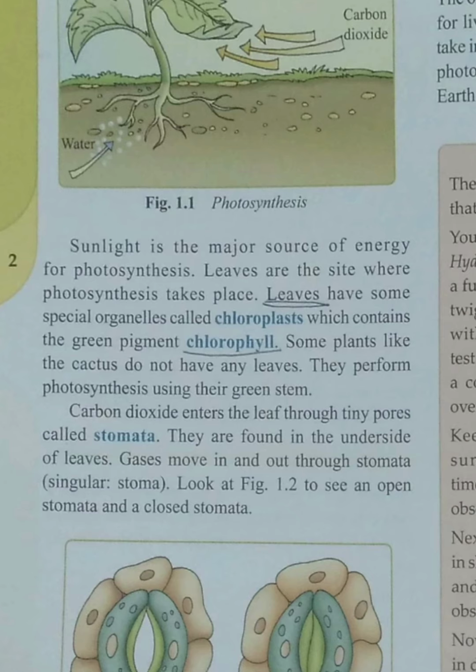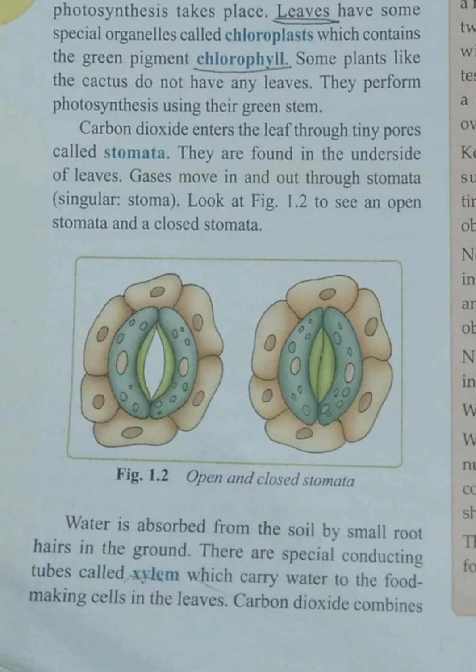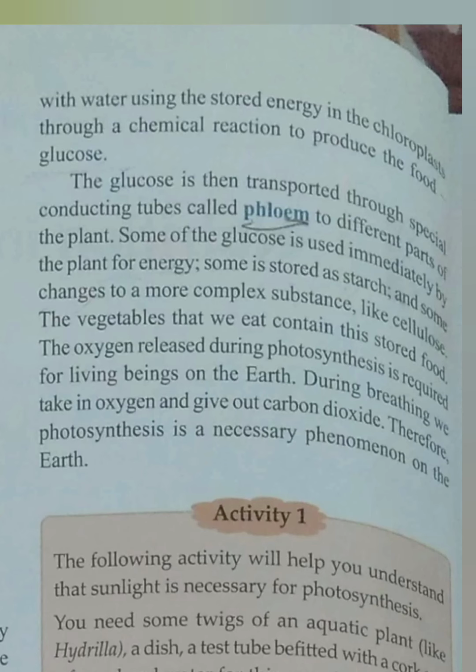Look at Fig 1.2 to see an open stomata and a closed stomata. You can see these are the open stomata and the closed stomata. Water is absorbed from the soil by root hairs in the ground. There are special conducting tubes called xylem which carry water to food making cells in the leaves. Carbon dioxide combines with water using the stored energy in the chloroplast through a chemical reaction to produce the food